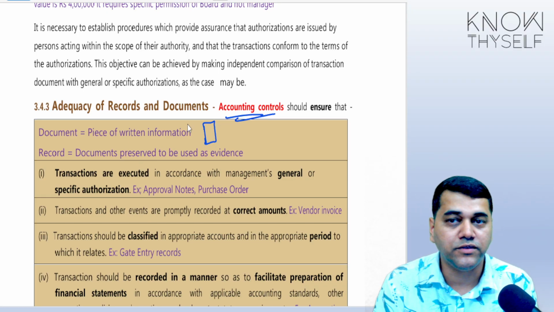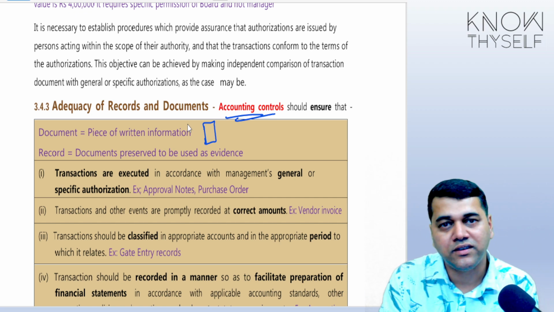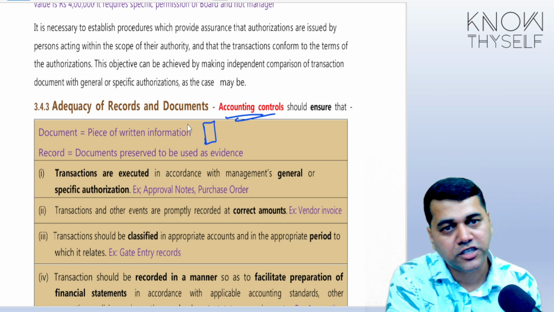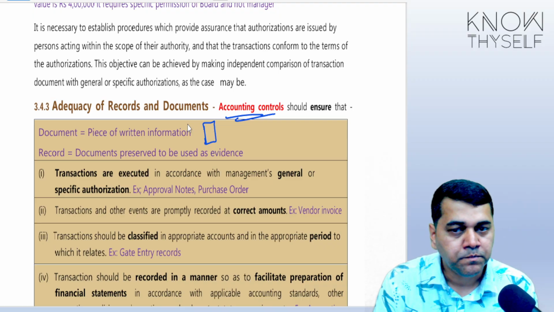as an evidence. We say, no, house record. House record is made up of so many documents, like my RC, my purchase agreement, my registration certificate. These are all records for me. I hope you are clear. Now,